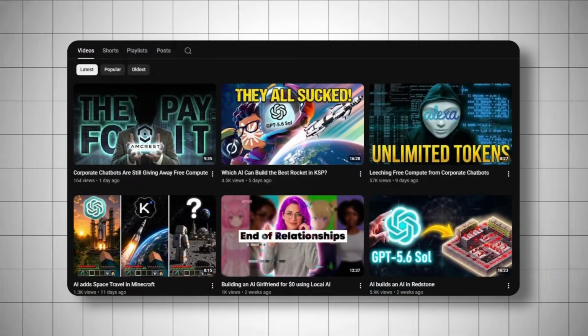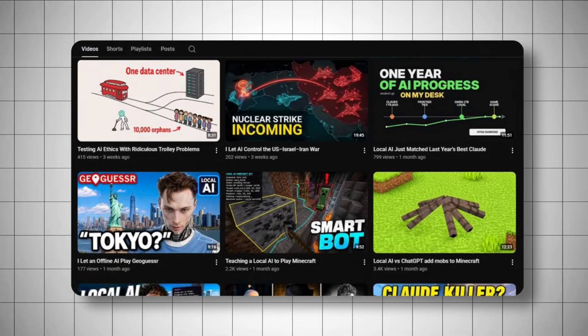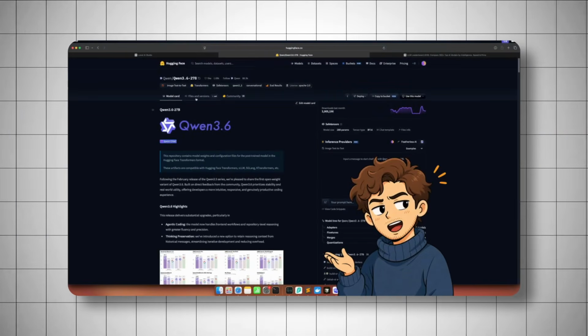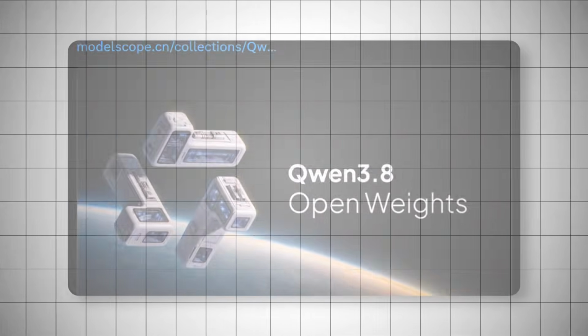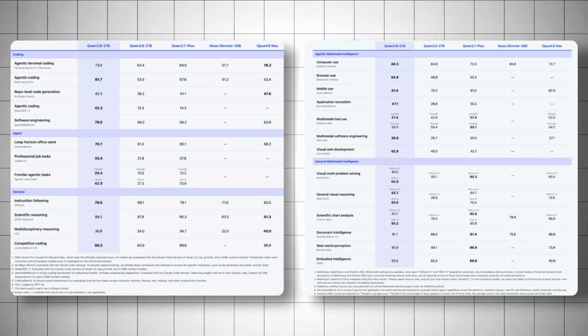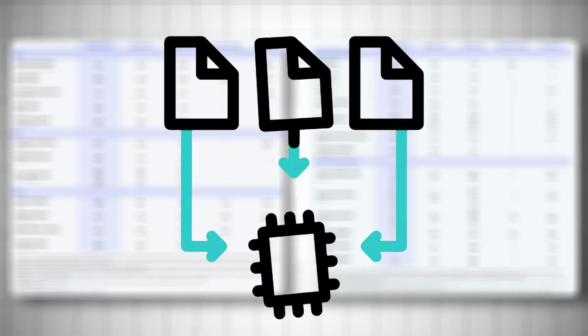Now if you've seen some of my previous videos, you may know that I've been a big fan of the Qwen 3.6 27B model, and this one seems to be a great improvement upon that model. My understanding is the model architecture is not all that different, it's really a change in the training data itself,